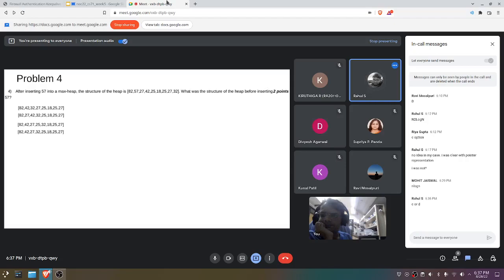So when I insert 57, the first operation is basically to put it as a leaf, and then let 57 go up according to its value. Whenever it comes into a subtree, we have to check its children. So it is going to float up, and it has to float up to